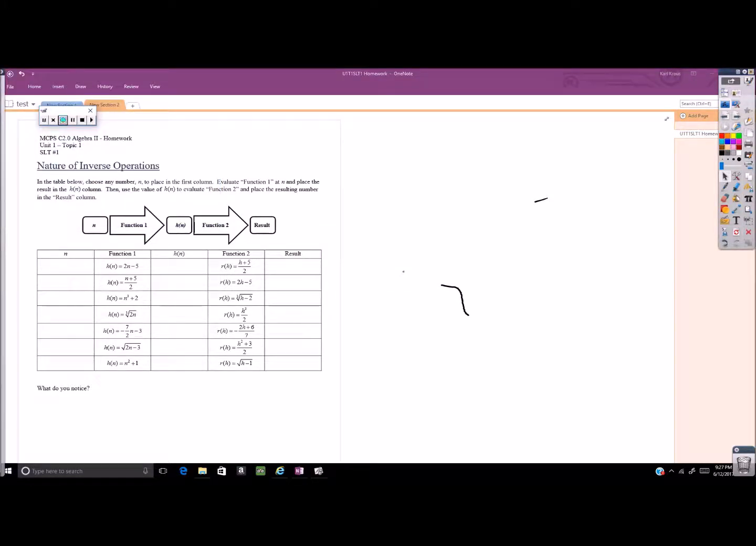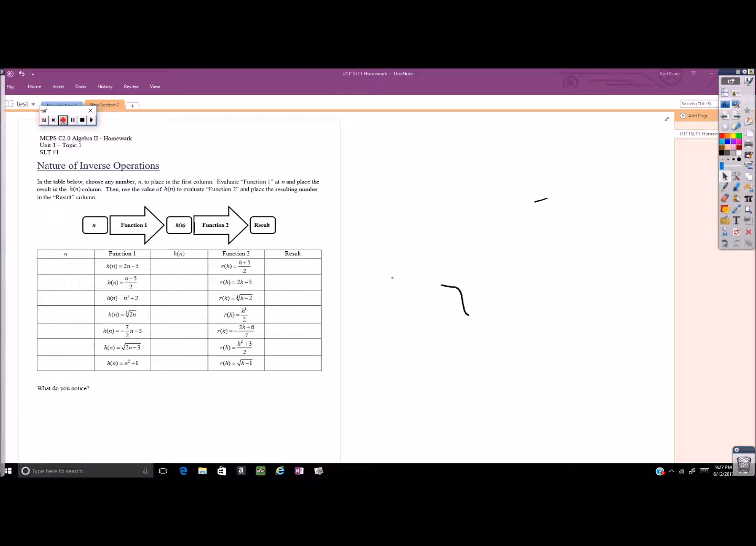Okay, let's try this again. So what I'm going to do here is input values into function 1, get an output, and then put that output in function 2 and see what the result is here. So the first function here,